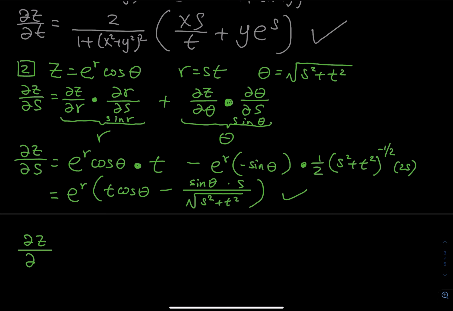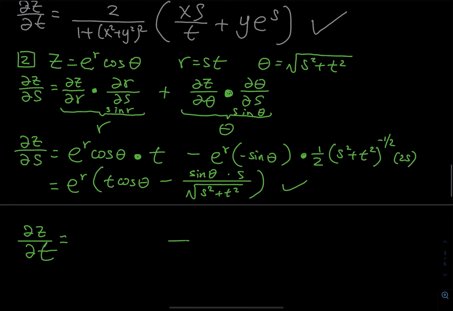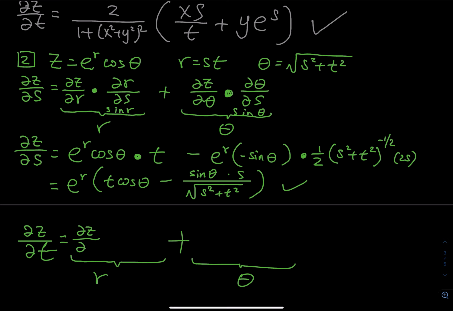Oh, it's not with respect to r, right? We have st, so 1 for s and then 1 for t. So 1 for t, and then there must be a plus, and then I have to do this. So that will be for r, 1 for theta, because z is in terms of r and theta. So obviously that will be a dz dr, right? Or partial derivative of z with respect to r,